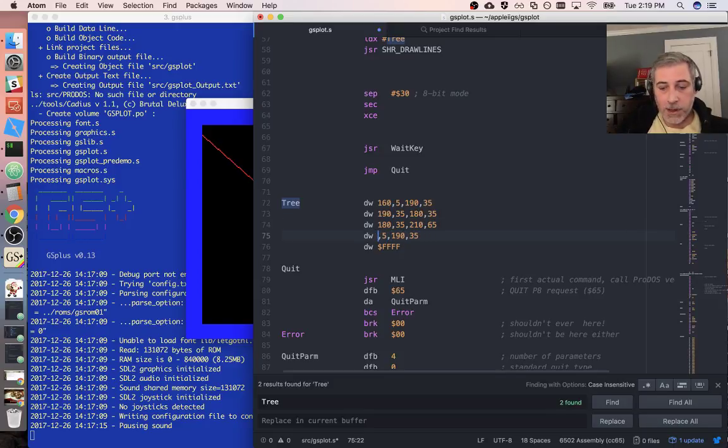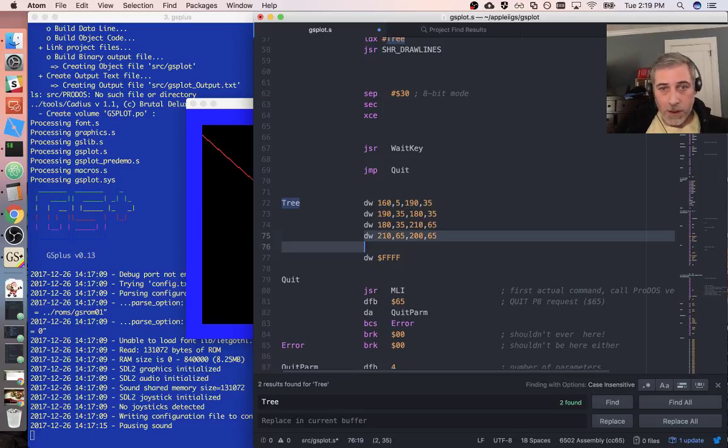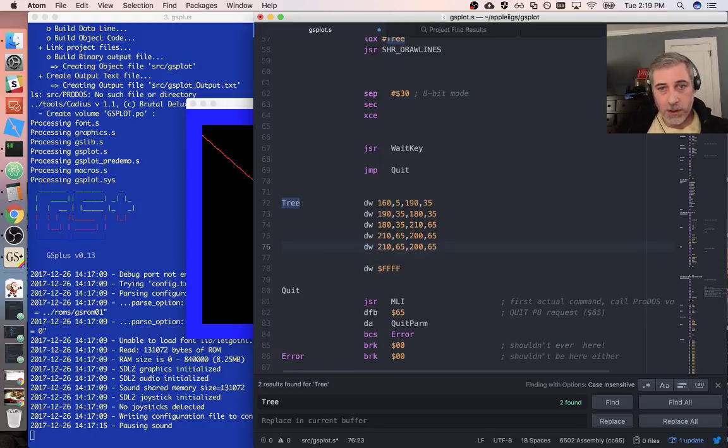And step in again, 210, 65 to 200, 65. One more for a step down. Wait, that is the in, and then the down again would be 230 and 95. So this is a static table, right? And